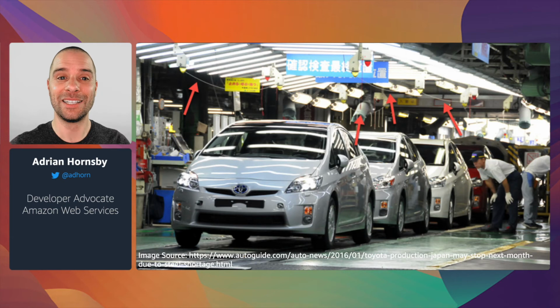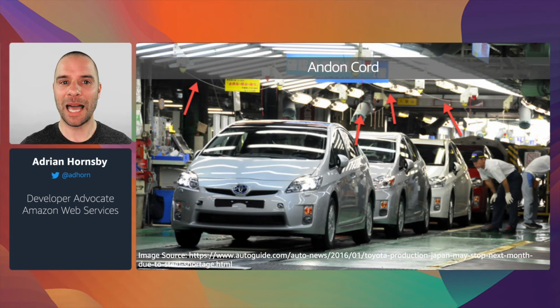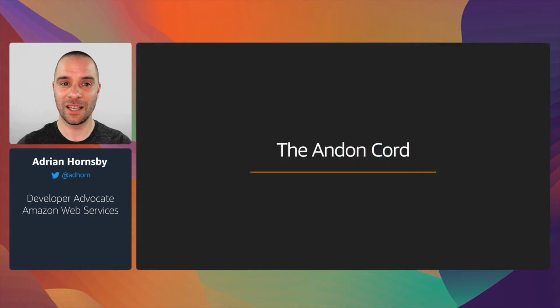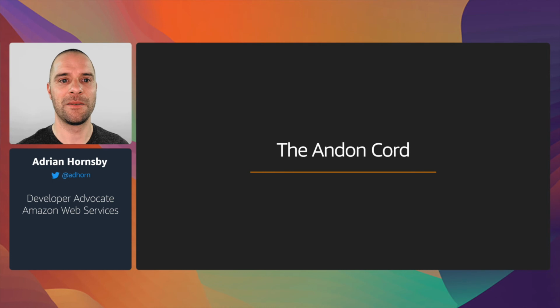How could you let anyone on the manufacturing floor decide to stop a multi-million-dollar manufacturing line? It's not the kind of freedom senior executives in Western companies like to give away. But at Toyota, it was a real mechanism. The mechanism of empowering everyone in the company to stop defects and make sure that they are fixed before they